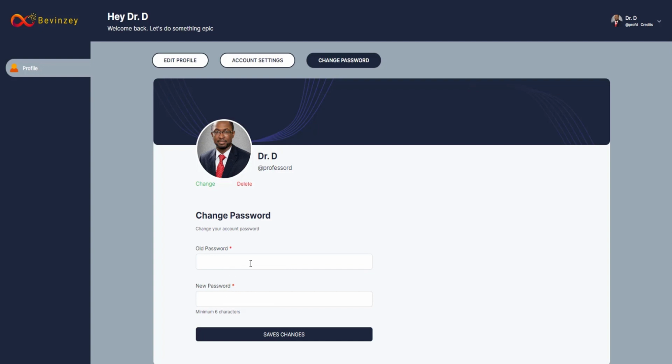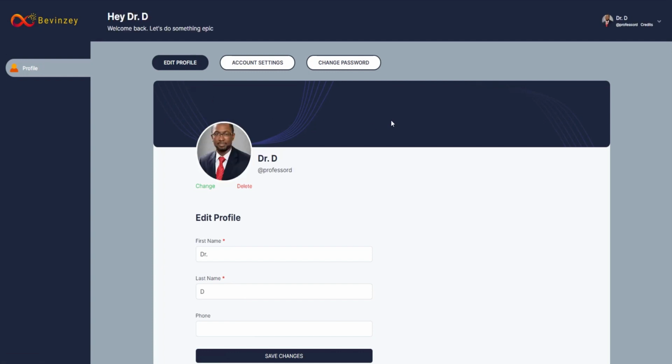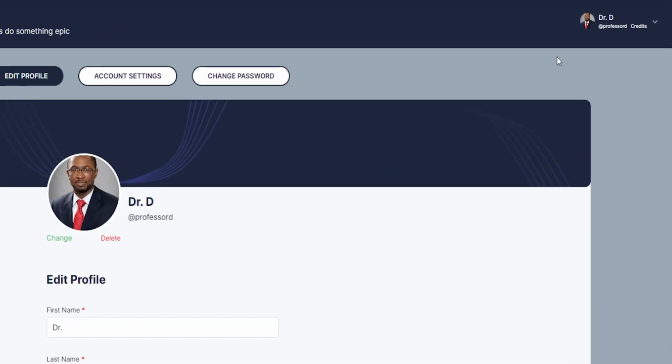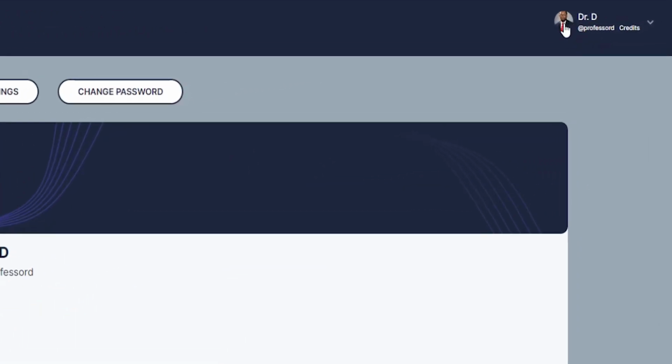Now both of these are required, so you need to put in the text before you can save changes. So I'm just going to refresh the page again, and you're going to notice that all the changes that we've made have been updated as well. So if you look at the top right corner, you have your profile picture and then the new username which